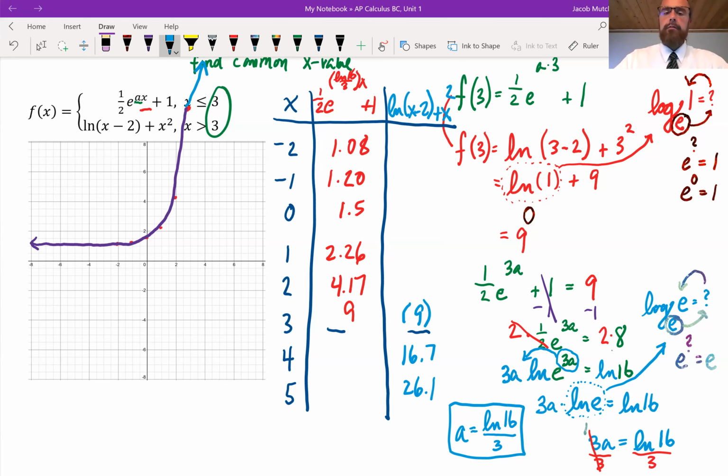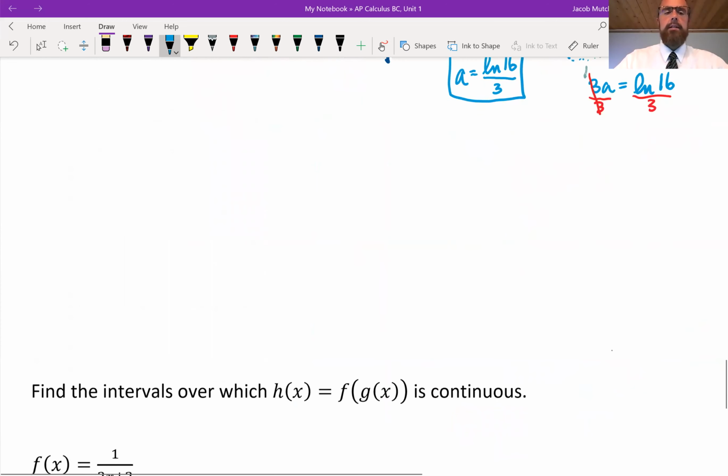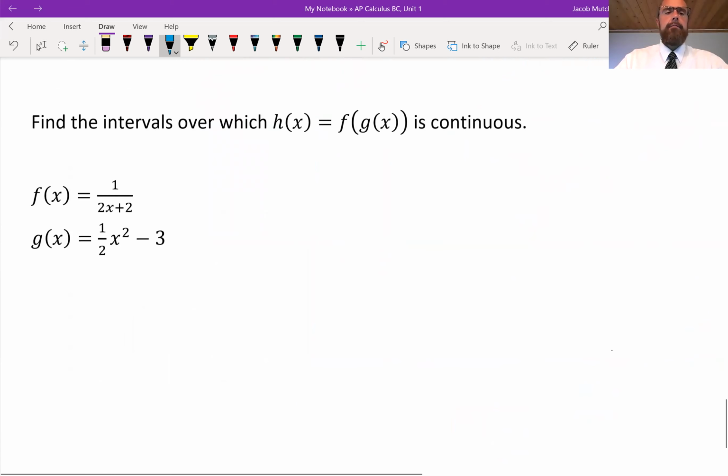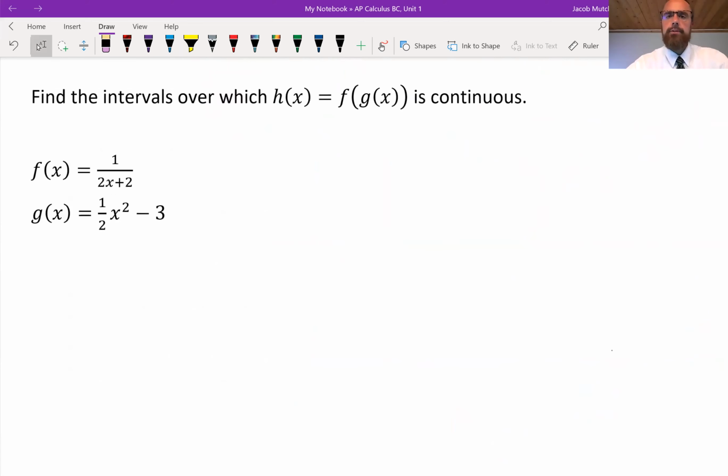Let's take a look at one final example, and this is a slightly different question that involves function composition. So we've got this h of x that is a composition of f of x and g of x. So we're saying that h of x is f of g of x. So remember, another way of writing this is f of g of x. And basically what that's telling us is I need to take the range of the g of x,